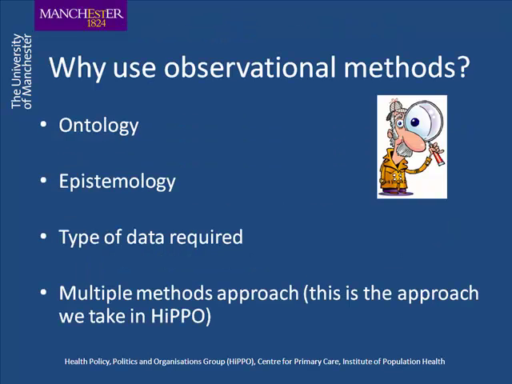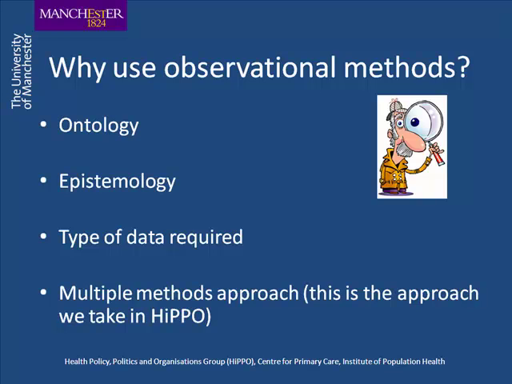So why use observational research methods? On this slide, I've taken the top 3 points from Mason, and the references are at the back of my presentation, who argues that there could be a number of reasons why you carry out observational research, and it can help inform your projects. Observations allow the researcher to immerse themselves within the actual research setting. You can not only observe the setting, but you're observing individuals within that organisation. You can observe relationships and interactions between people to see how people work together within a